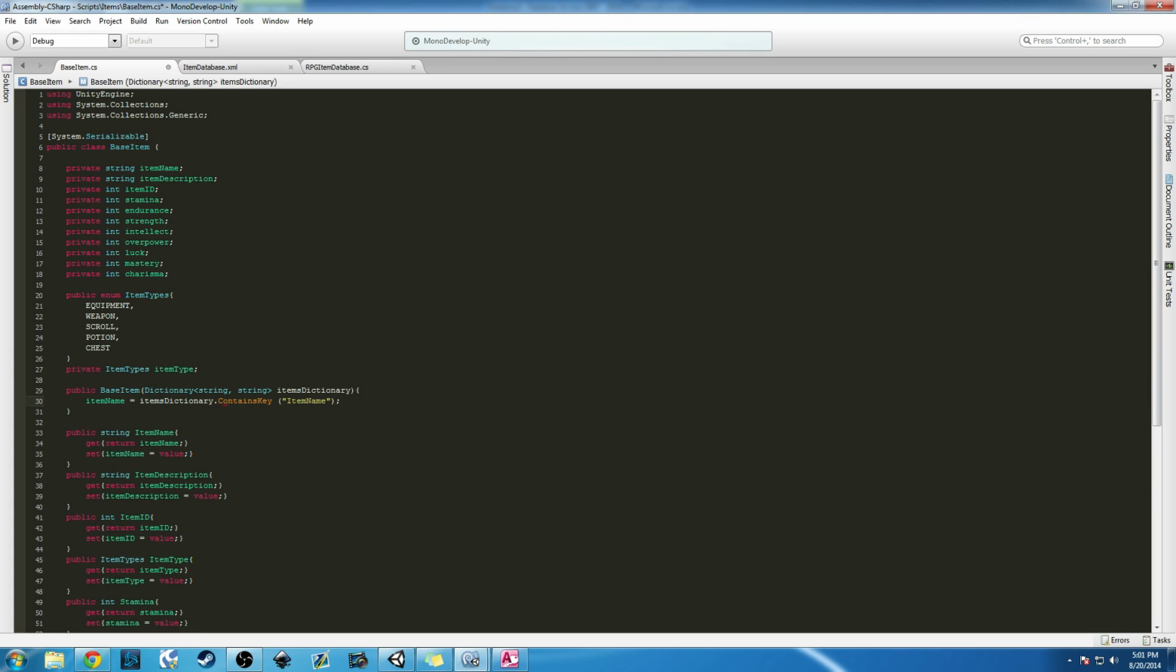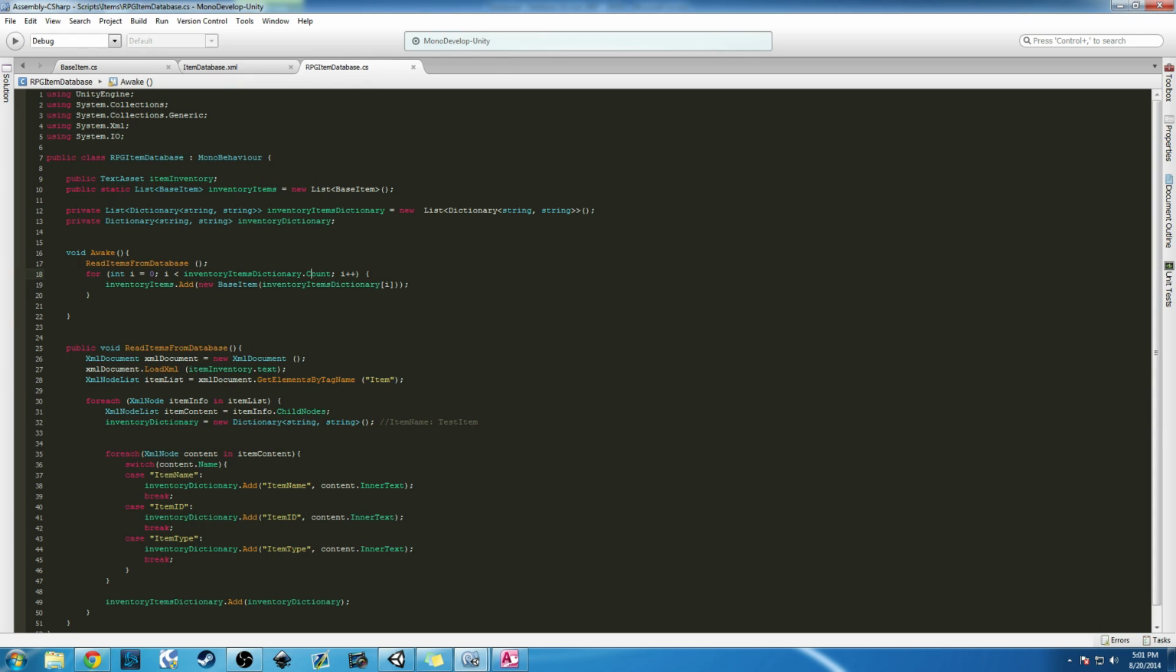Yeah, it contains key. Right? So what you're doing, this is how you access. In our database, and this is where I'm going to end the video here, we are calling a function within our base item script that we just created, and we're sending that function or that method a dictionary,